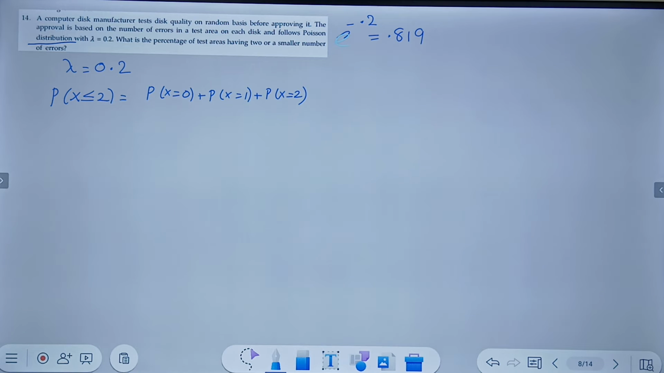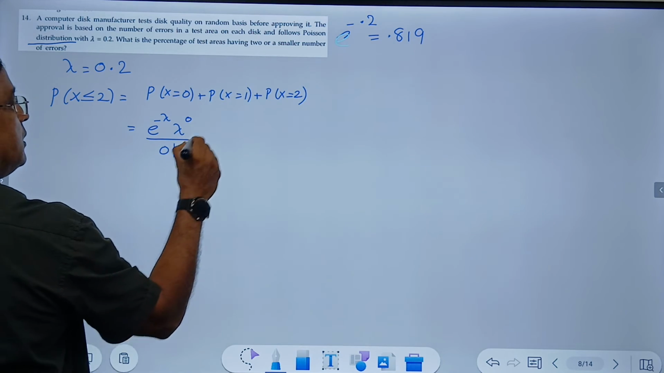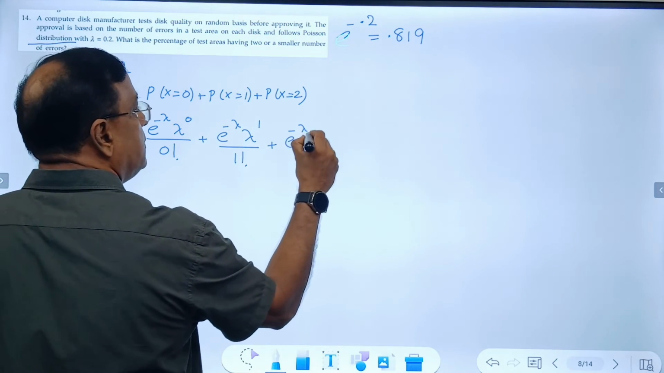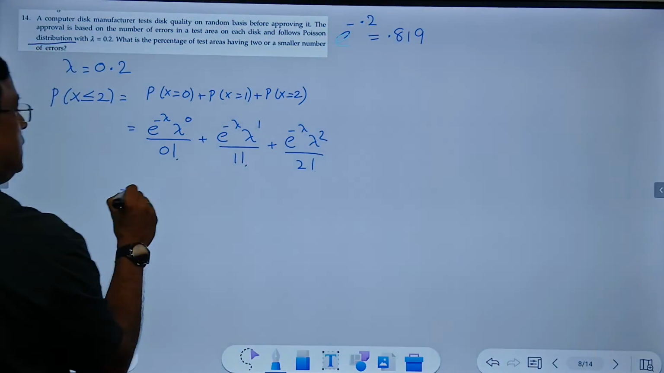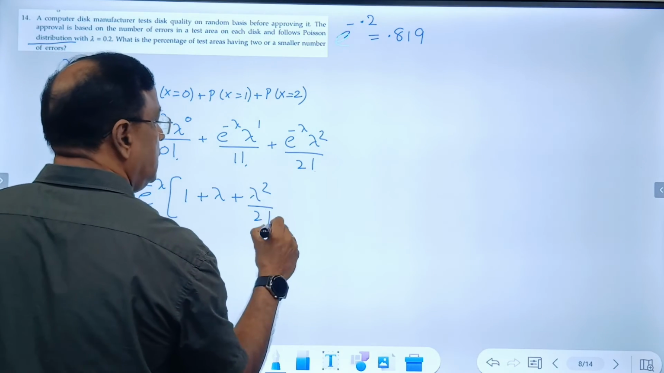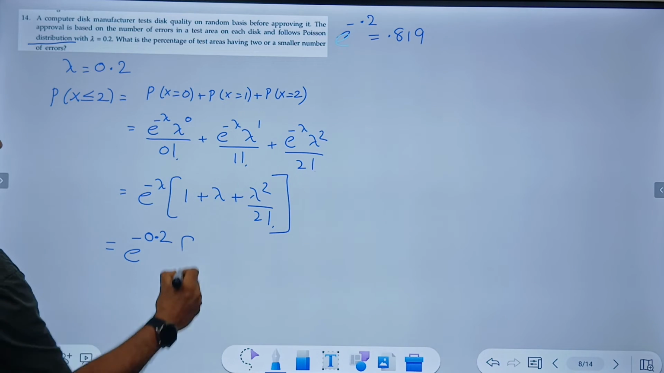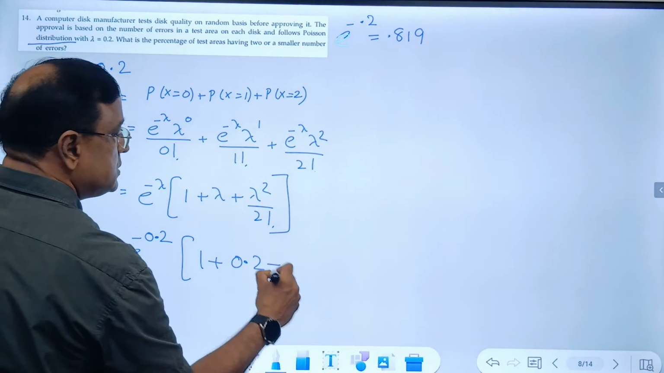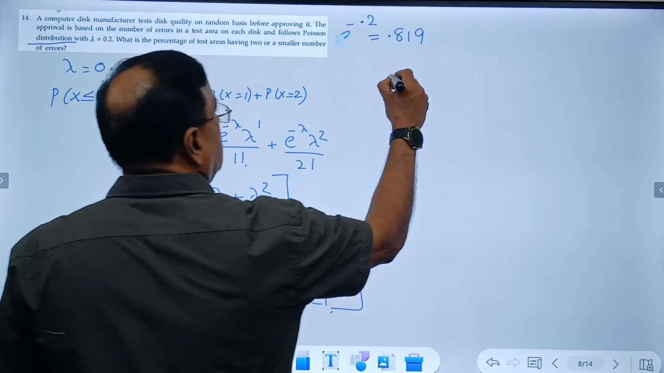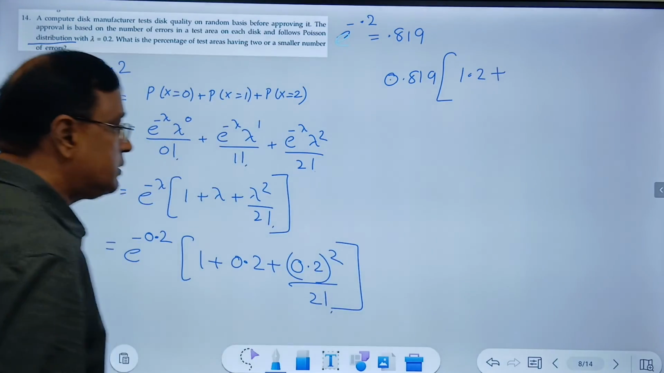Now what is P of x is equal to 0? It is e power minus lambda, lambda power 0 by 0 factorial, plus e power minus lambda, lambda power 1 by 1 factorial, plus e power minus lambda, lambda square by 2 factorial. E power minus lambda is common, so I get e power minus lambda into 1 plus lambda plus lambda square by 2 factorial, which is e power minus 0.2 into 1 plus 0.2 plus 0.2 the whole square by 2 factorial, which happens to be 0.819 into 1.2 plus, actually it is 0.02,